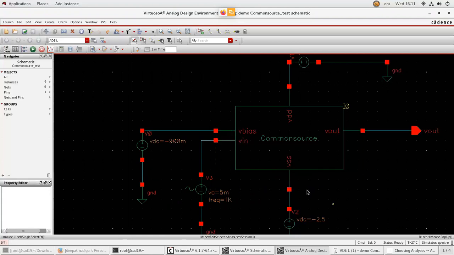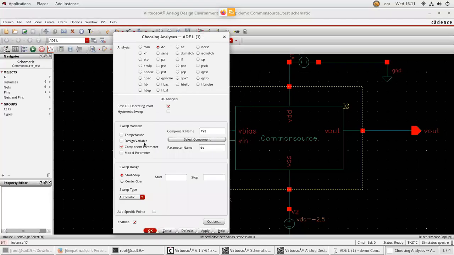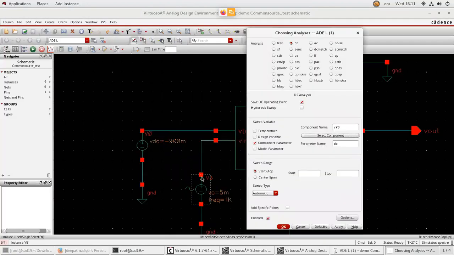Not in the circuit, but in this analysis window, you have made this as the sinusoidal voltage to DC voltage. And I have to sweep this DC voltage from what range to what range. So I will sweep from minus 2.5 to plus 2.5.